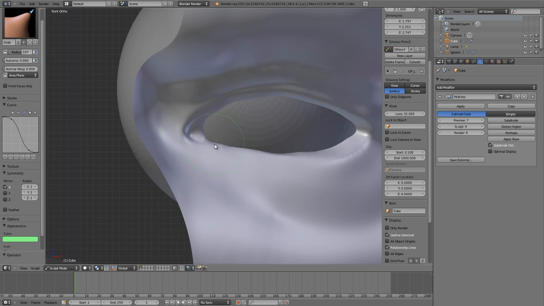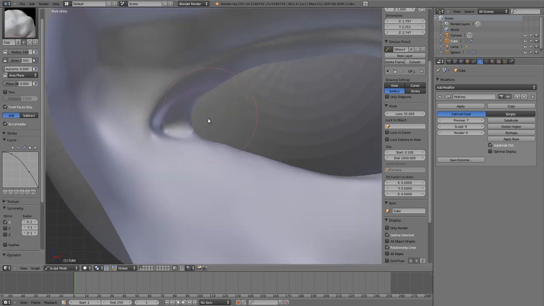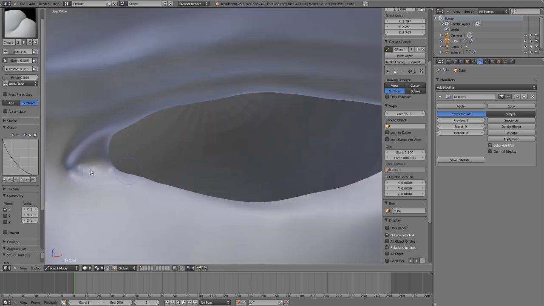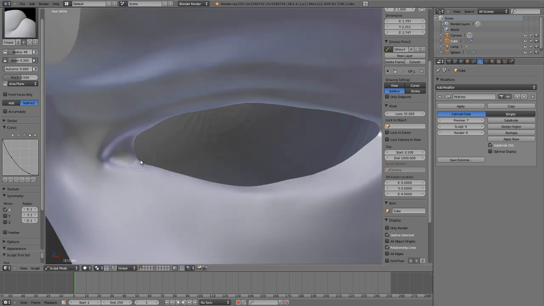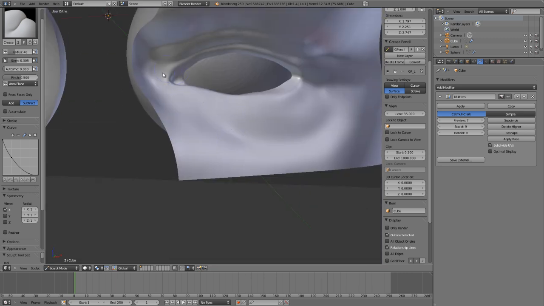Here I'm just doing a little bit of work at the corner of the eye, getting a little shape, also adding in this form right in here. Definitely very important to getting what feels like a mostly realistic eye. It's one of those little details that nobody notices until it's not there. If you look someone in the face, you don't tend to notice this little bit in the corner of the eye. But if you look at somebody's head model and it's not there, you immediately notice